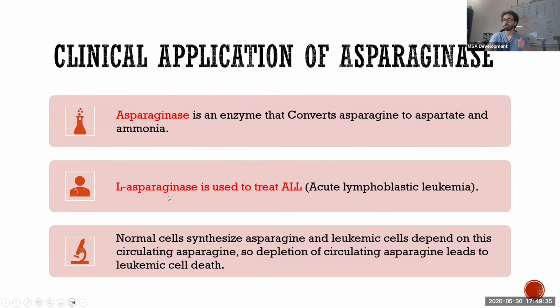طيب. Why is this enzyme important? Because this enzyme, asparaginase, is used to treat acute lymphoblastic leukemia. You may be asking, how can we treat a whole cancer with this L-asparaginase? Here is the explanation. Normal cells, بالعادة, they synthesize asparagine. Leukemic cells, these cancer cells, they depend on asparagine to survive. So when we use asparaginase to break the asparagine into aspartate and ammonia, ما عاد حيصير في a lot of asparagine, meaning إيش؟ Meaning the cancer cells will die because there won't be asparagine for them, تمام?